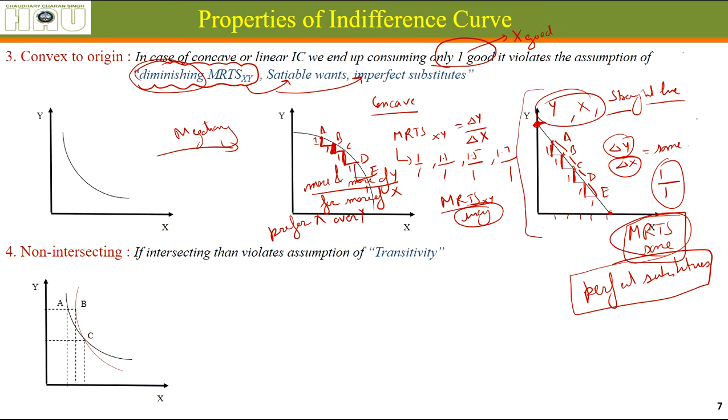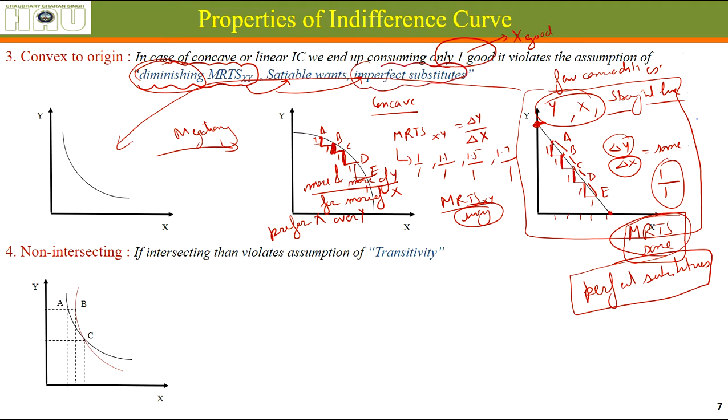So this is the case for a few commodities only, and we are not talking about those few commodities, we are talking about the major commodities. So we end up establishing that the marginal rate of technical substitution, in the case of most goods, is convex in shape, because these are imperfect substitutes. And when two goods are imperfect substitutes, we would like to consume a combination of the two goods, not just one.